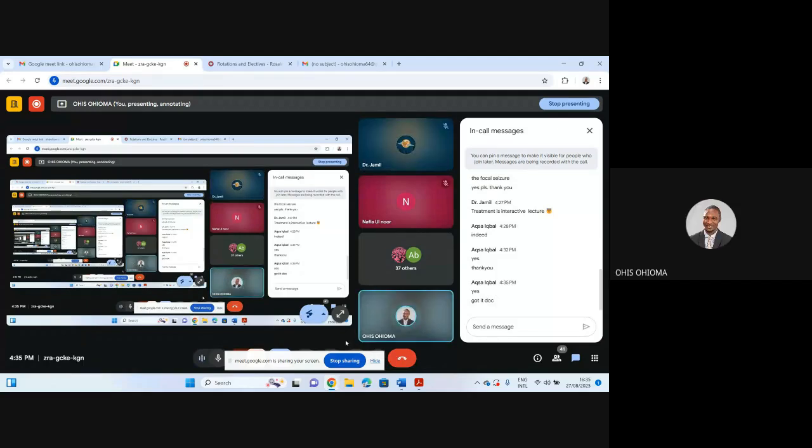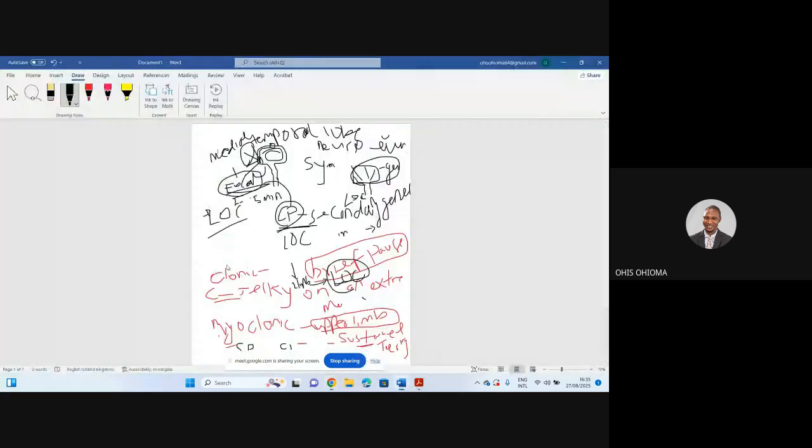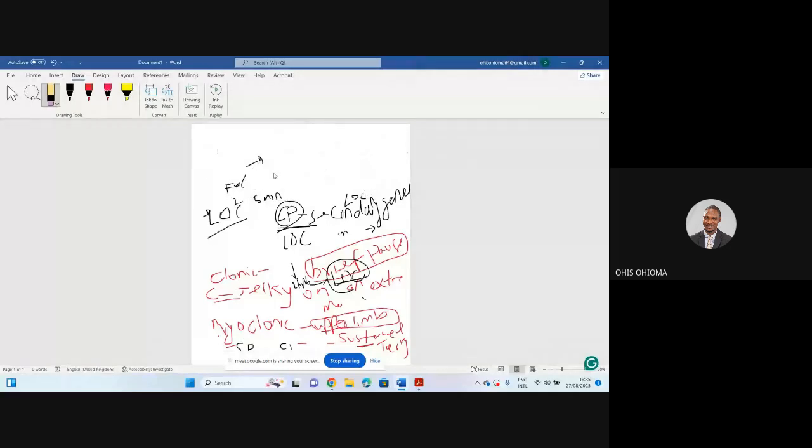All right. So the next thing we're going to move on to basically is headaches. This is another very simple topic. I don't think we should waste so much time here. So can anybody tell me how we classify headaches basically? There are two ways we classify headaches. Headaches are classified into two ways. Can anybody tell me?